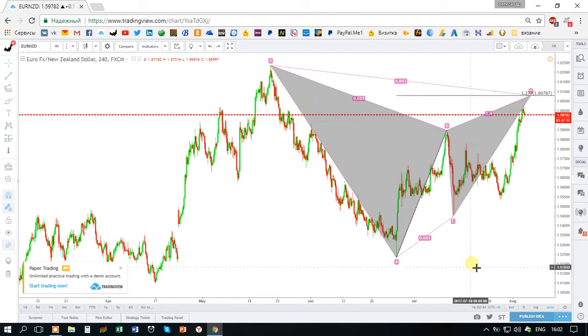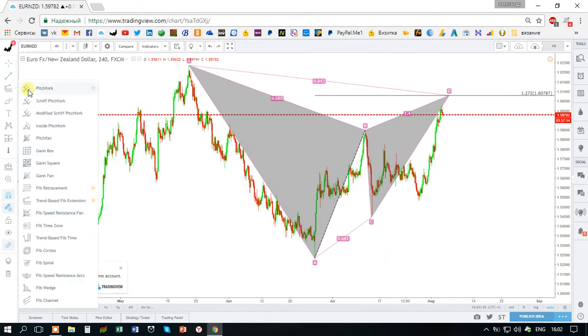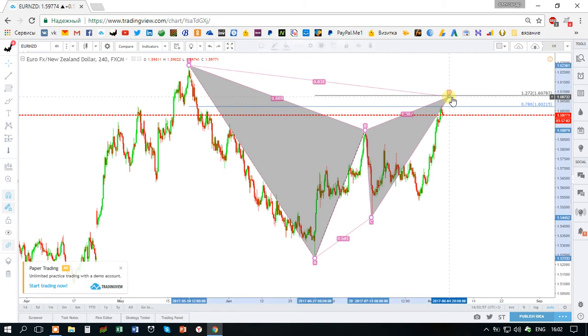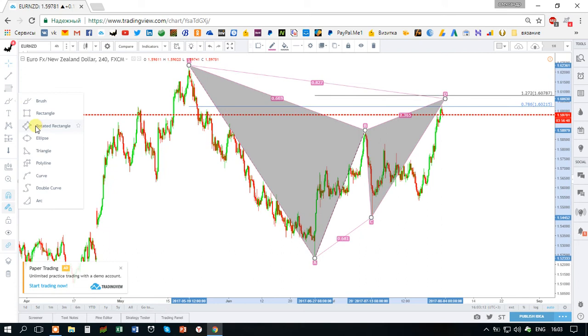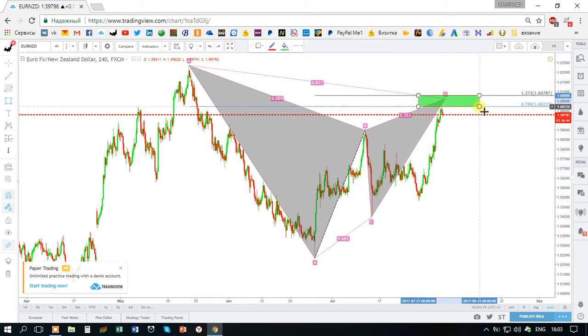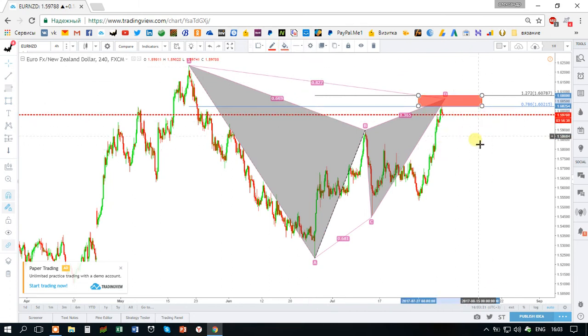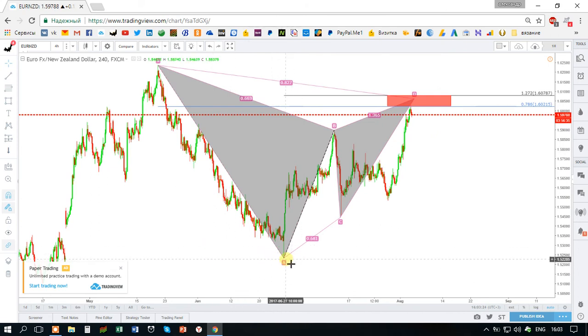And if we draw a Fibonacci from the highest high to here, we can also see the confluence of the 786 retracement. So this is a very decent opportunity somewhere here within this rectangle. Let me draw the rectangle like this. I am looking for some bearish opportunities, and my targets here will be the retest of this point,